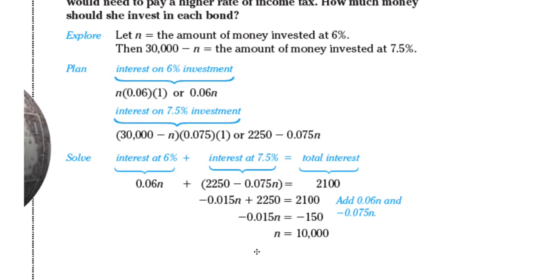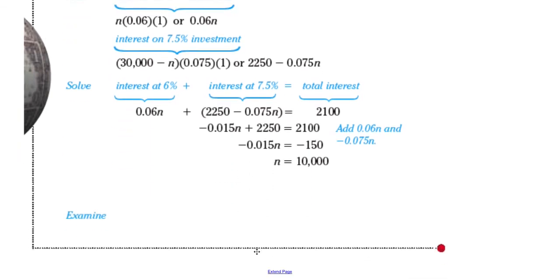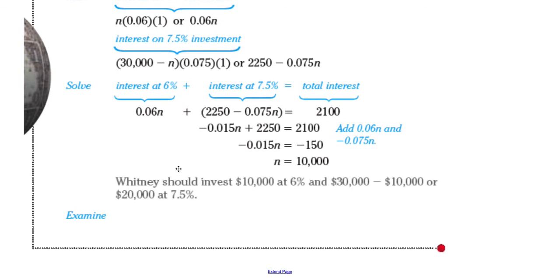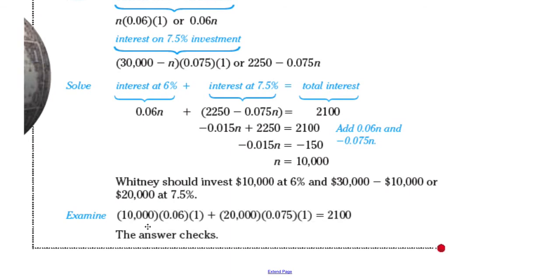So what does this mean? This simply means that Whitney should invest $10,000 at 6%, and if she invests $10,000 at 6%, she needs to invest $20,000 at 7.5%. So if we check our answer, 10,000 times 0.06 times 1 plus 20,000 times 0.075 times 1 should equal 2,100, and they do equal